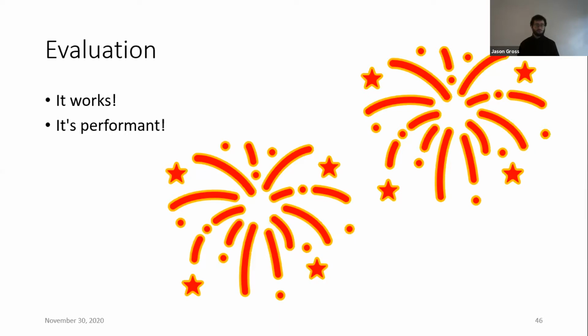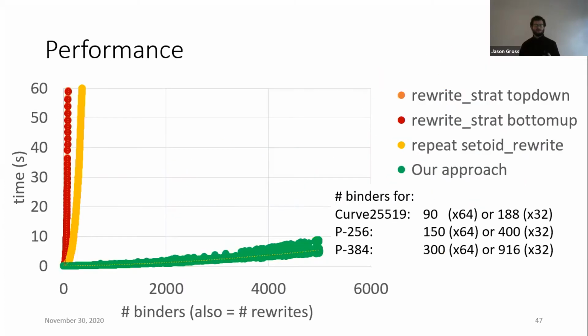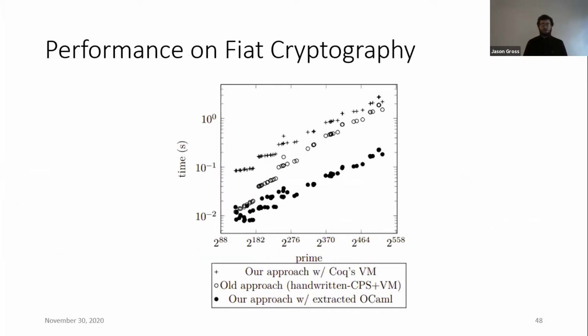The partial evaluator, the rewriter, it works and it's performant. We see here, again, the graph from earlier, where our approach for doing partial evaluation and rewriting scales well past the 900 binders that we need for P384 and scales well past 6,000 binders. And on fiat crypto,